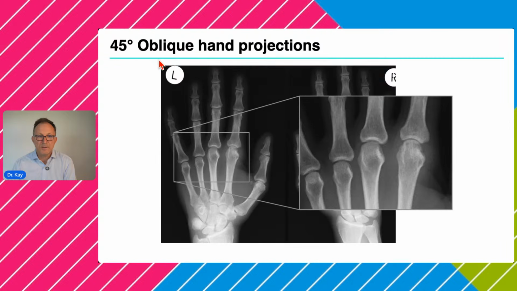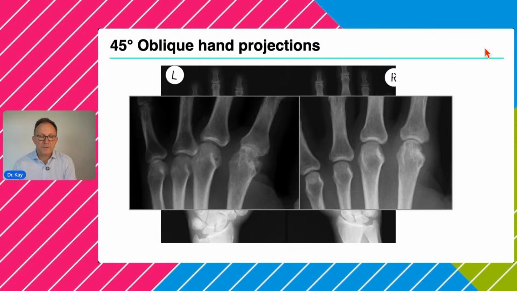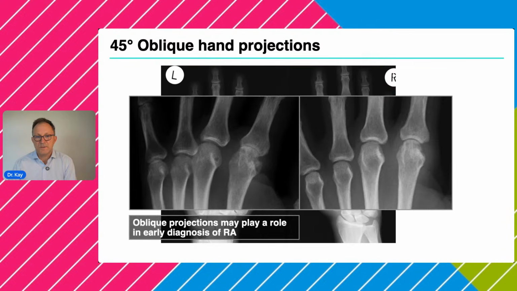And then we are talking about oblique hand projections here that we are usually trying to do in the early phase of the disease. And you see on this,